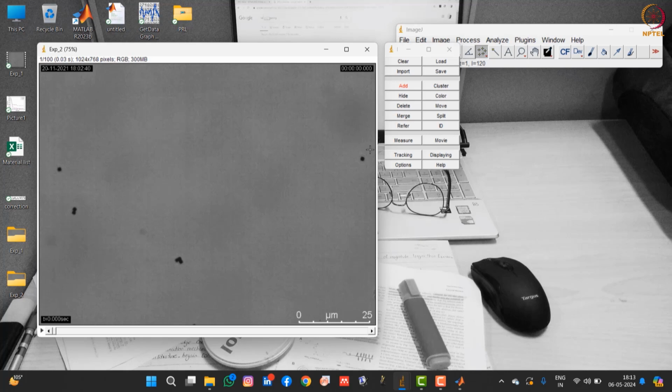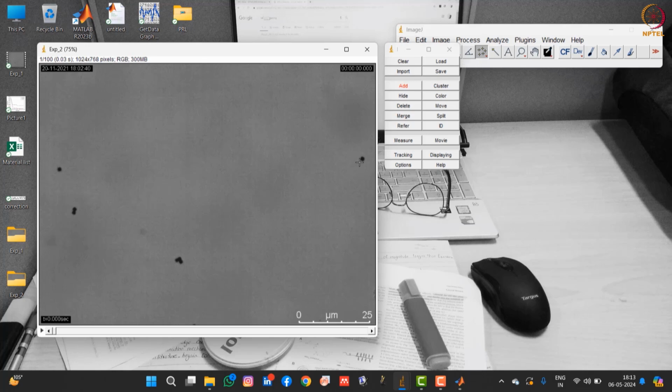Let me suppose I'm going to choose this particle. Let me see what the behavior of this particle is, for 100 images. For that, you just go to the particle and keep your cursor in the middle of the particle. Whenever we are doing tracking, there are two different types of motion that come into the picture. Here, this is an active particle, so it shows directional motion. They may show linear motion, and sometimes circular motion, depending on the conditions. So in that case, you always have to take your cursor to the middle of the particle. Then you have to click.